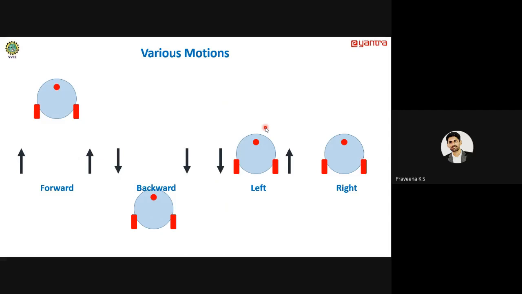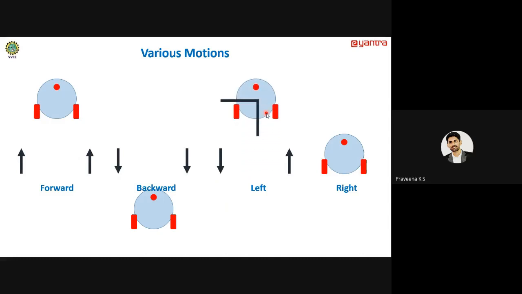So we use this kind of technique in order to turn your robot to the left side. See, there is a situation something like this. Your path is something like this. Your robot has to move like this, then take the turn, then move like this. In that situation, there is no space and there is a space constraint. So from wherever point it is standing, from there only it has to take the diversion. So this kind of technique will be useful.